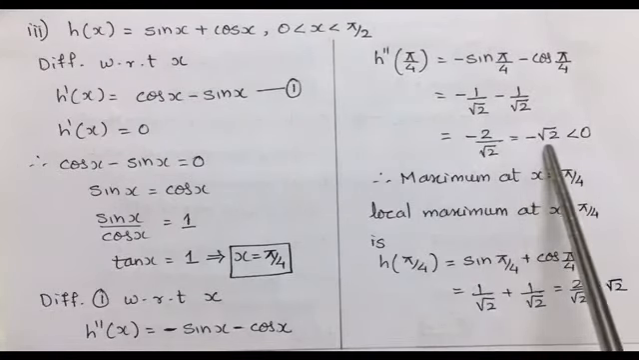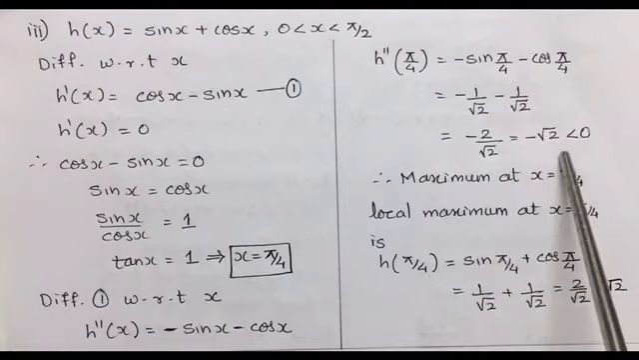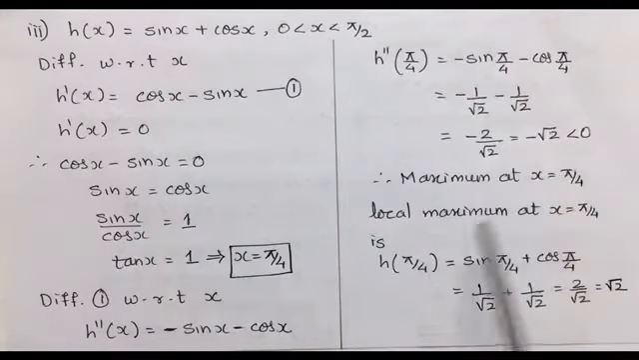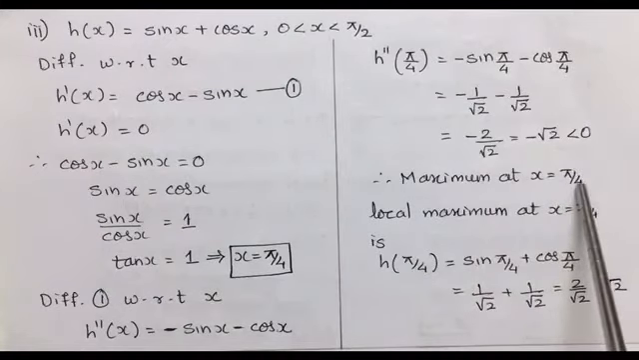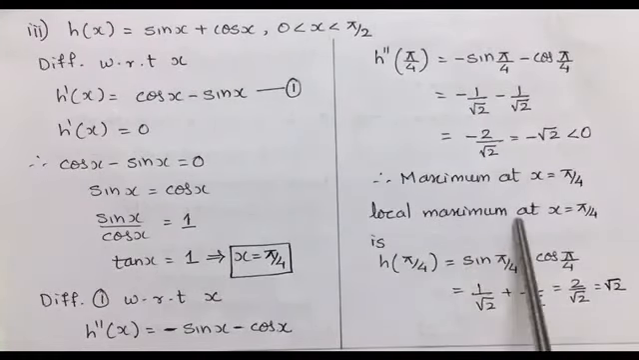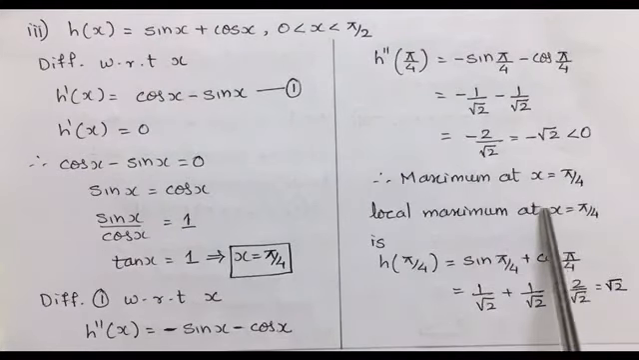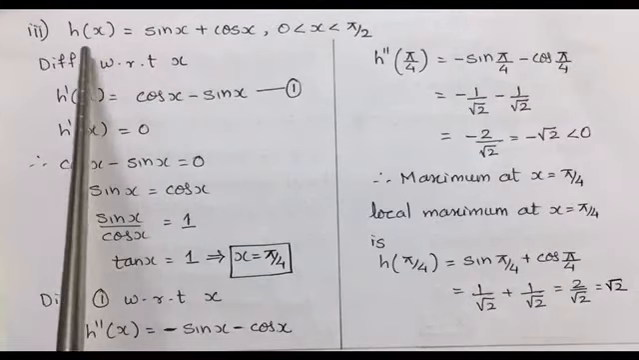Now as the second derivative is negative, it will be less than 0. And as the second derivative is less than 0, it is maximum at x equal to pi by 4. Now calculating the local maximum, we need to substitute this value of x equal to pi by 4 in the function h. So keeping x as pi by 4 in h